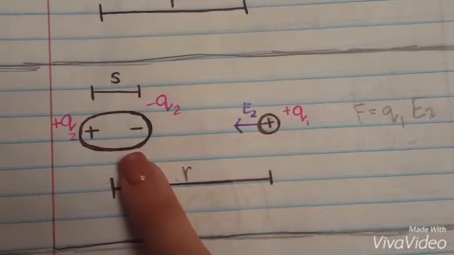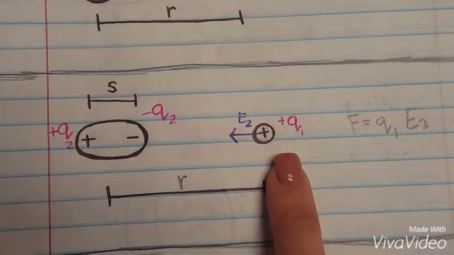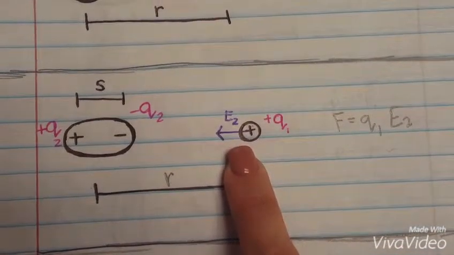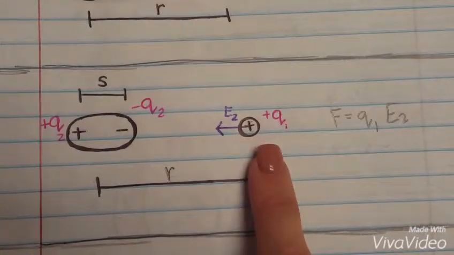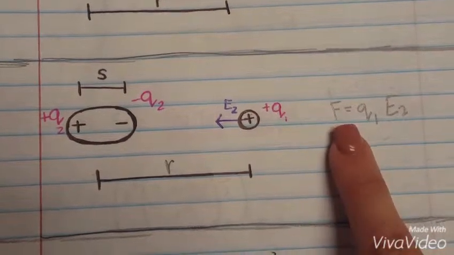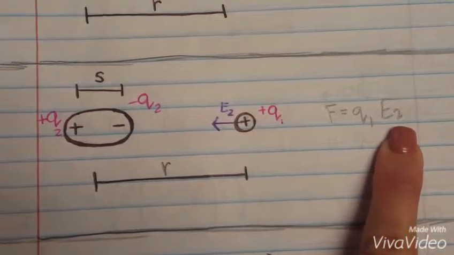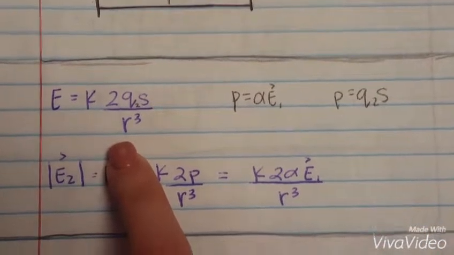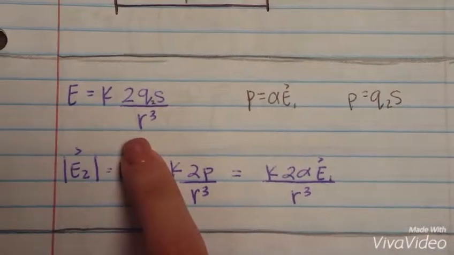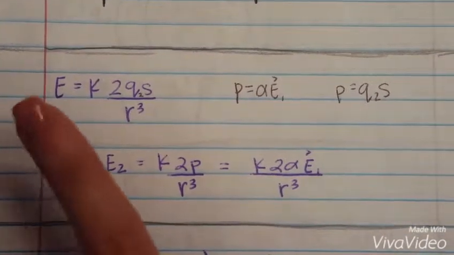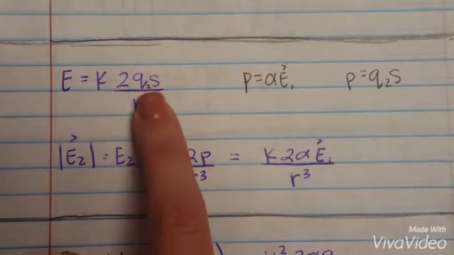This dipole now creates an electric field at the location of the proton, E2. The force on the proton by the atom is given by F equals the charge of the proton times the electric field E2. We know the magnitude of the electric field parallel to the dipole is given by the constant K times 2qs